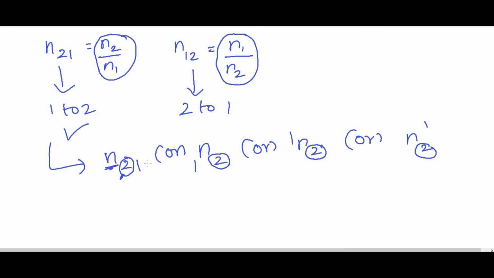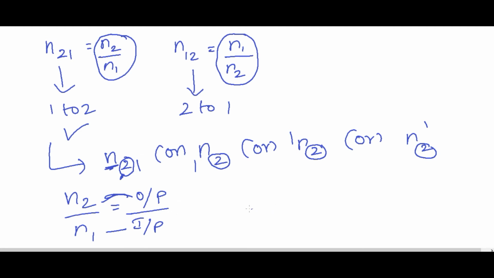You will never make any mistake in representing this, or if this is given in the question paper, you will not get confused whether it is n2 by n1 or n1 by n2. Then I will come to that ratio story. Here you can see very clearly n2 by n1. So finally the light ray entered only in the second medium. So this is my output by input. Remember like this: output will come in the numerator, and input in the denominator.